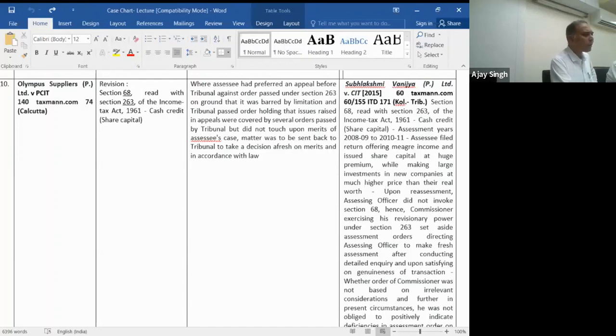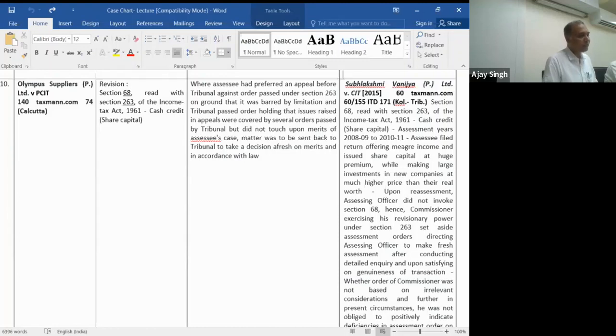While going through this order, it is observed that the tribunal, while deciding this particular issue, had actually decided a bunch of cases, more than 500 cases on a similar issue, at one go without looking into the facts of each case. And therefore this was one of the points which the assessee had raised, that maybe that group of cases may involve this share capital issue, but each case was required to be seen by its own facts, and therefore there is a reference made in the order that the